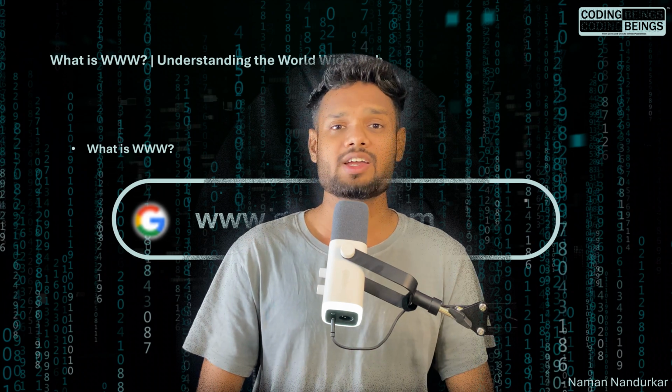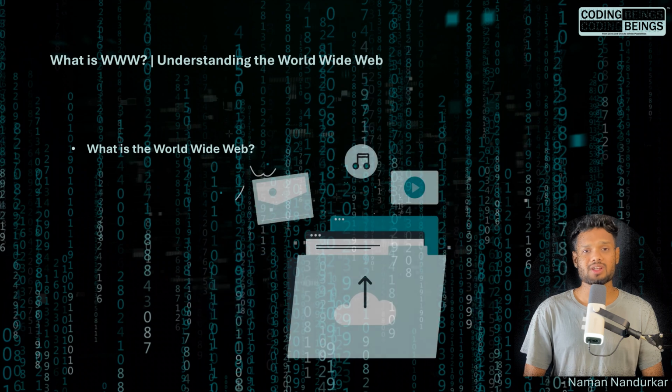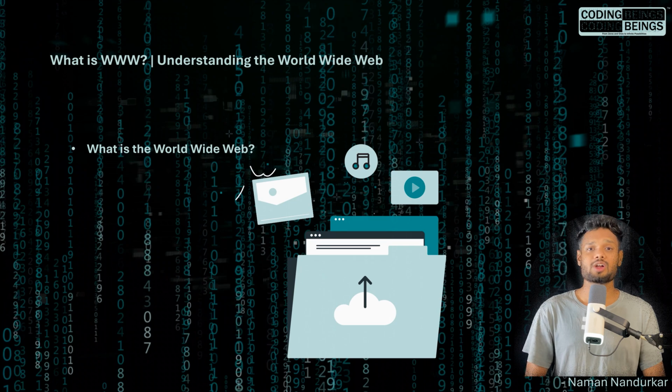So what exactly is World Wide Web? It's a system of interlinked documents and resources that are accessed via internet. But what do we mean by interlinked documents? These documents are created using HTML, which is the backbone of web page. And when we say resources, it can be anything like images, videos, or even audio files that are stored on web. In short, World Wide Web is like a massive library where all the documents and resources are connected together